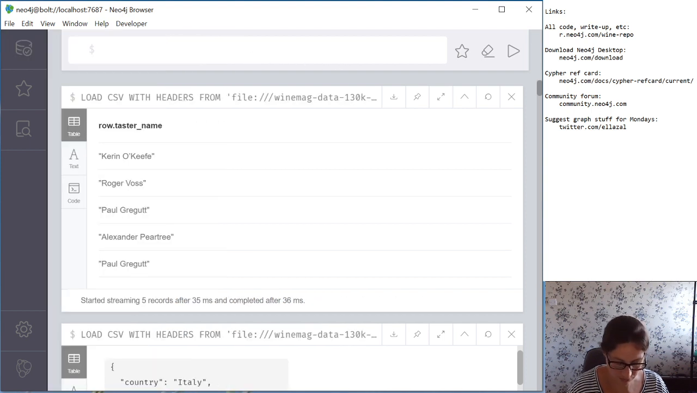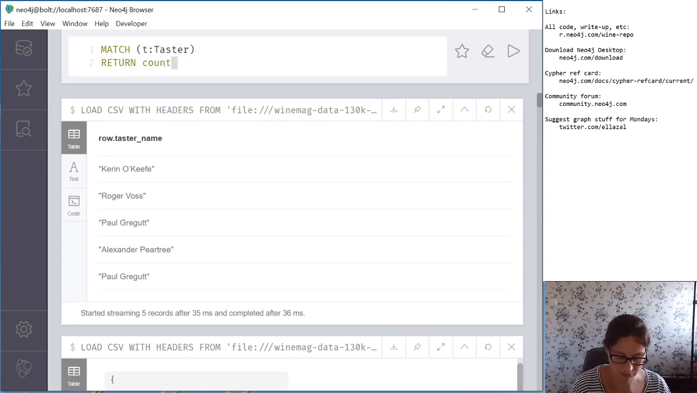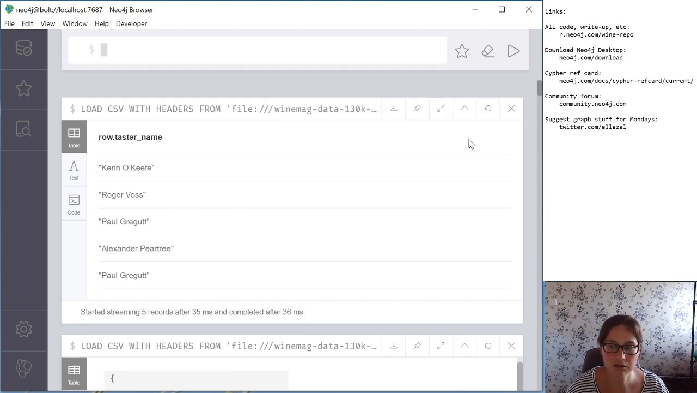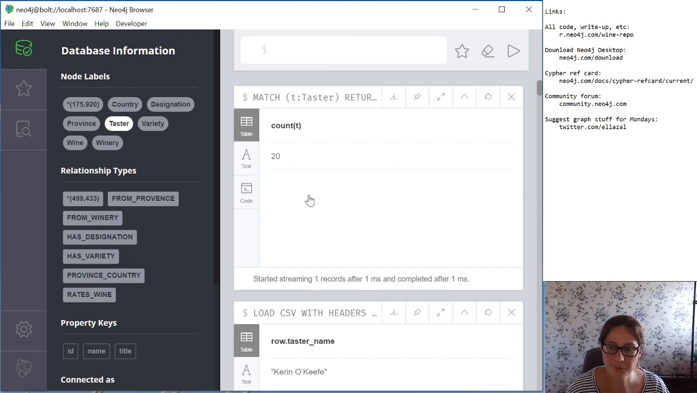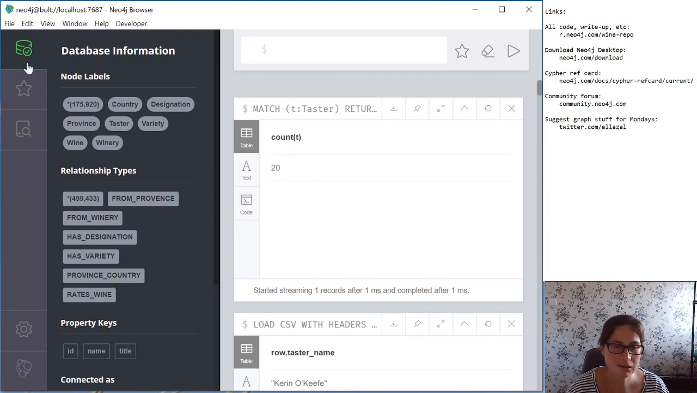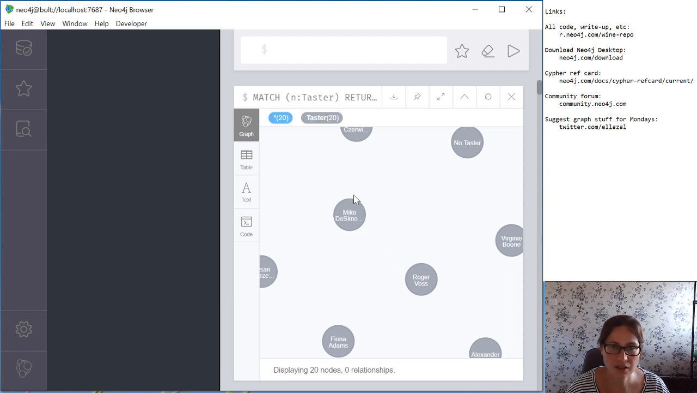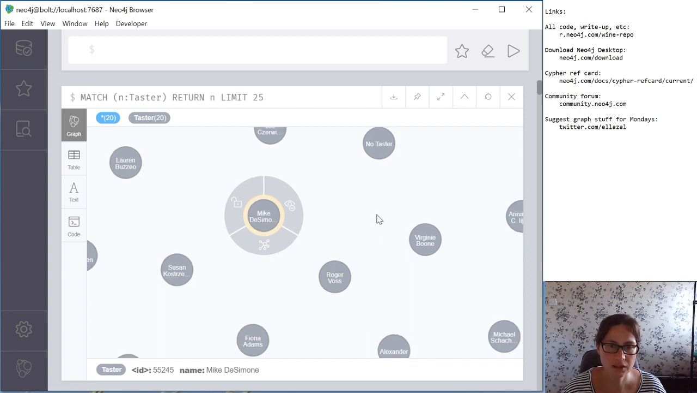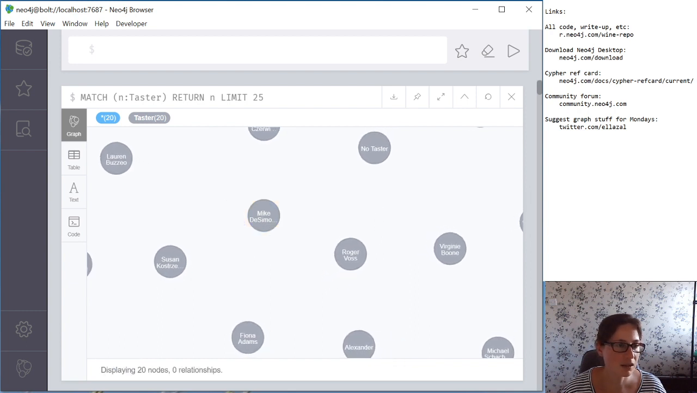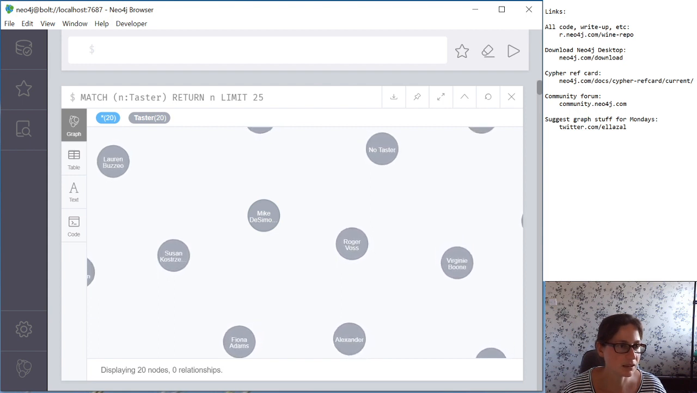If I do match T taster, return count T. Oh, okay. It's becoming more and more curious, isn't it? Right, so we do have tasters in there, so we've loaded the data okay. It's just that something strange has happened. So let's double click on Mike. Is Mike connected to some wines? No. Okay, so I suspect what's happened is